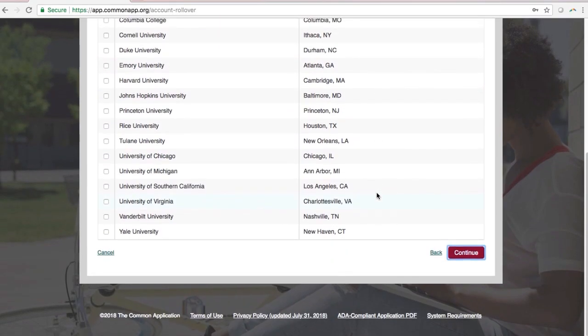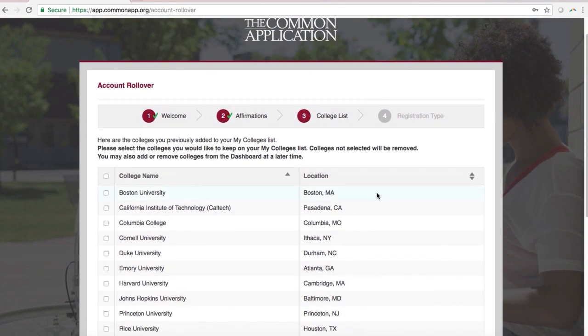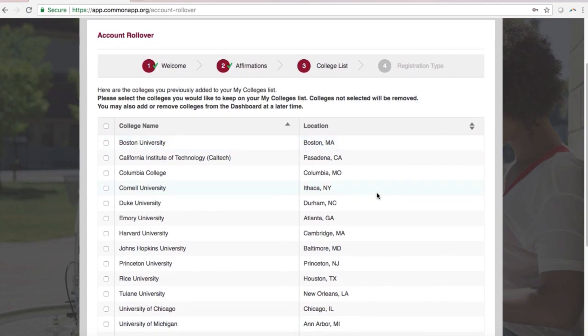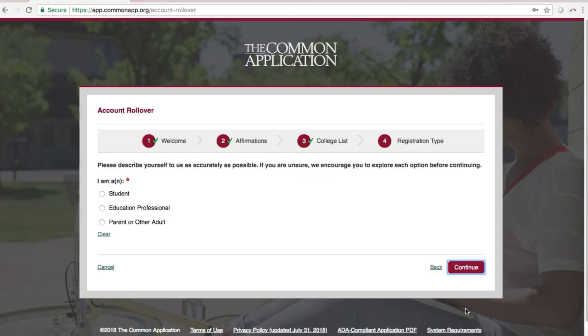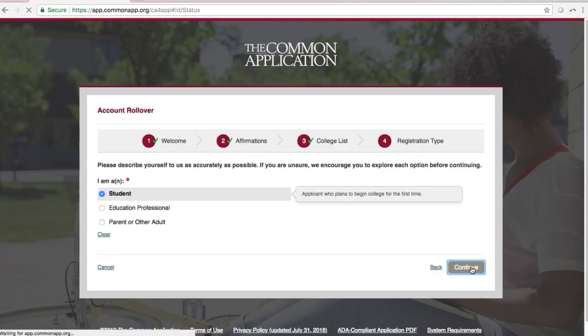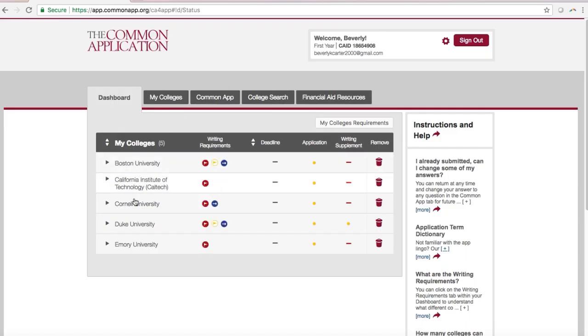Then you can select colleges that were already on your list and either roll them all over to the next application, or maybe you've decided not to apply to a few and you'll let those stay as they are and not roll over, so they won't be in your college list. And lastly, you'll select that you're a student and you're in. So you'll see the colleges I just selected on the previous screen are in the My Colleges